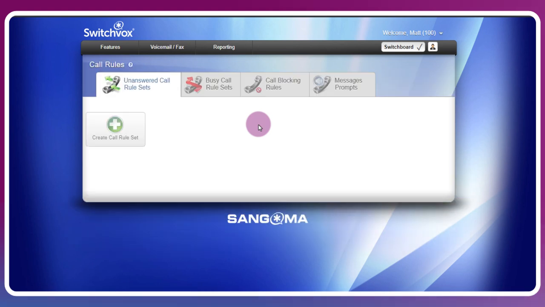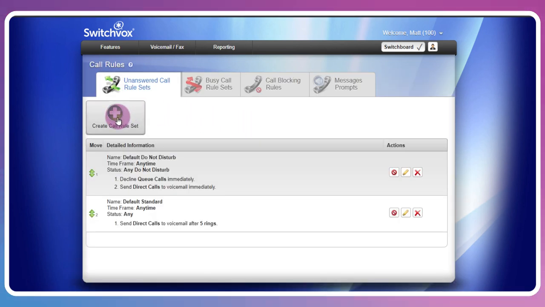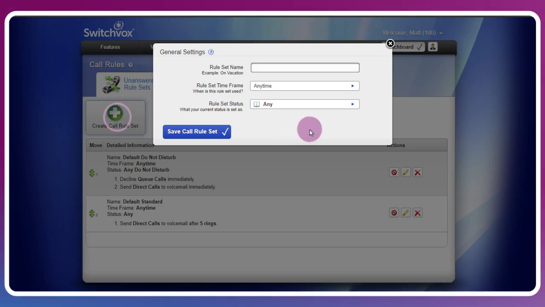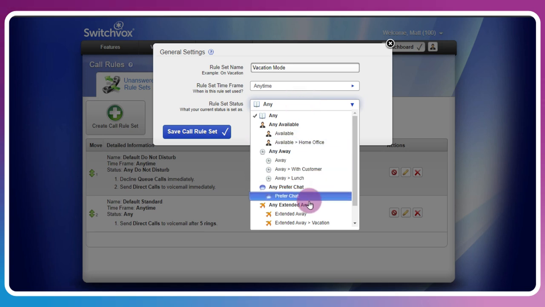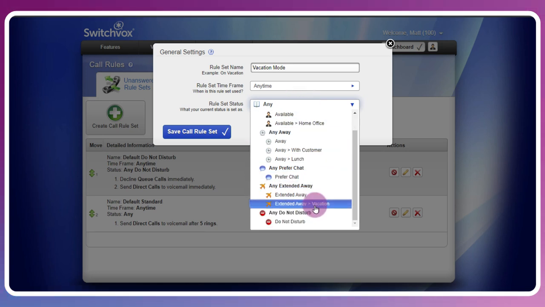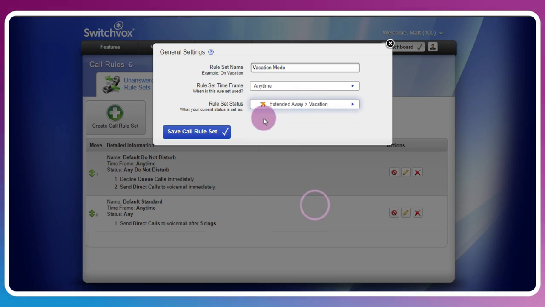So let's go back to call rules and let's create a rule set. We can call this vacation mode. And it's going to be anytime when I'm on extended away vacation.